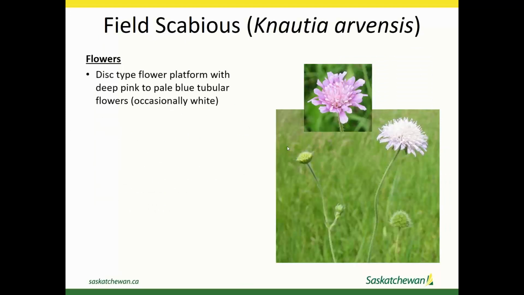The flowers, they're kind of a disc type flower, but they're not a member of the sunflower family, like other plants that we see with these kinds of flower appearances. They start out as a fairly vivid pink color, and then they transition off into a pale blue or purple color. And occasionally they're white. It essentially creates a dome of